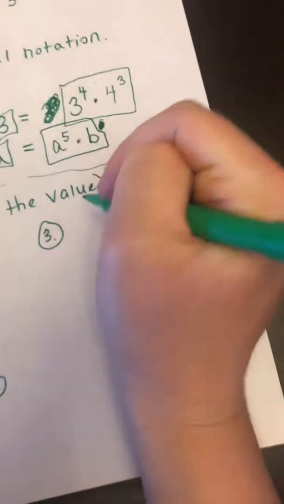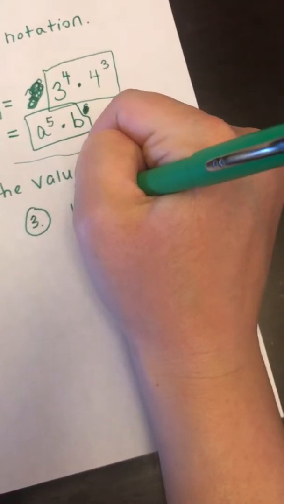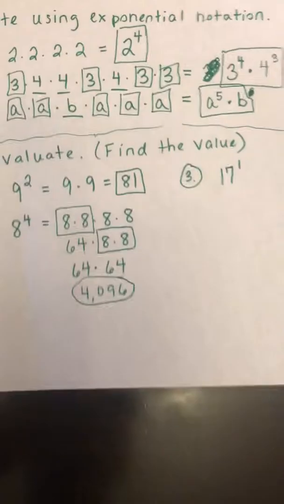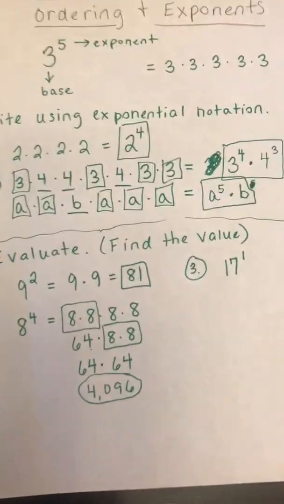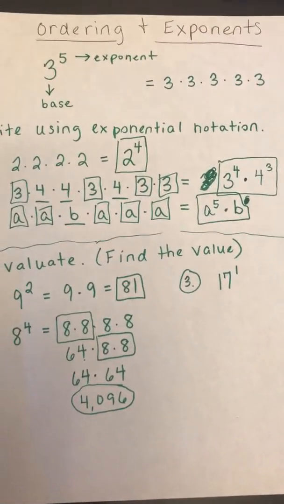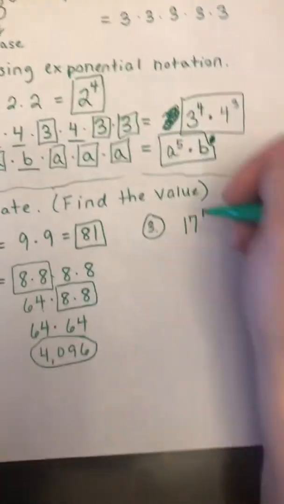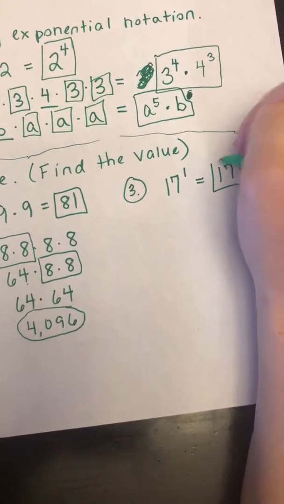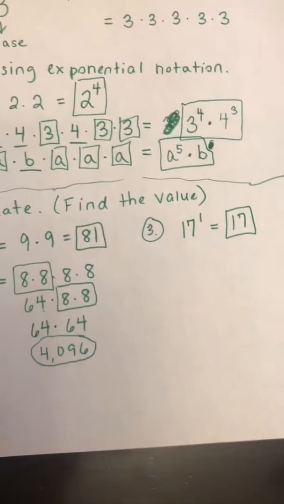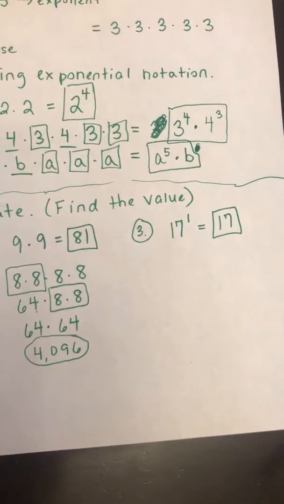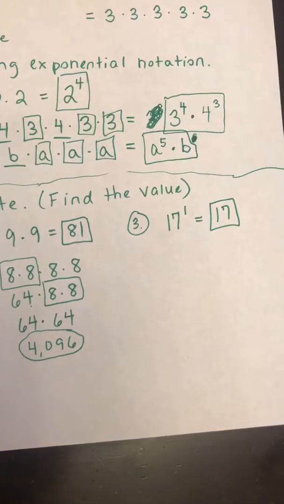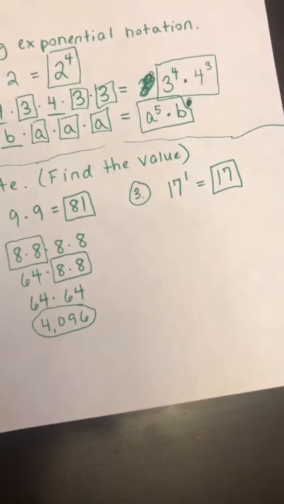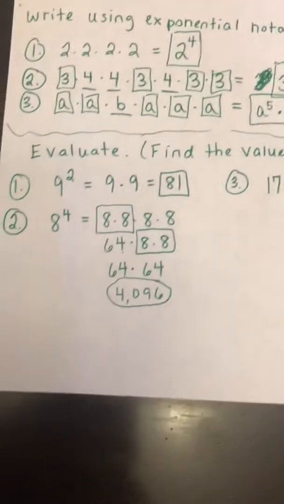Number 3, what if we have 17 to the 1st power? What do you think that would evaluate to? What does that mean? 17 to the 1st power, it basically just means 1 of the base 17. So if you just have 1 17, your total is 17, right? So anything to the 1st power is just itself, 17, okay? All right, so that was all for evaluate. The next thing we're gonna do is talk about